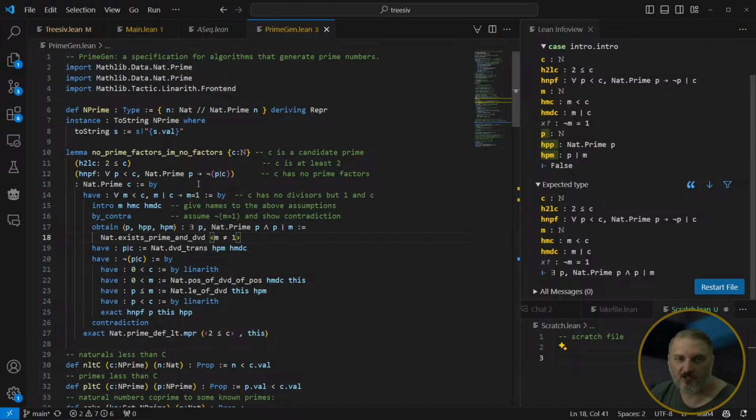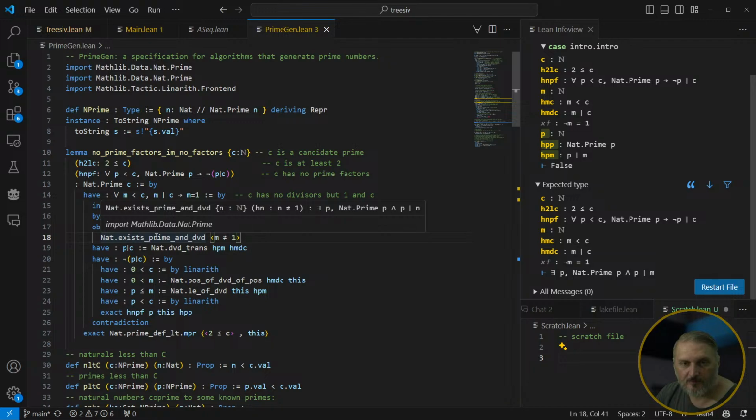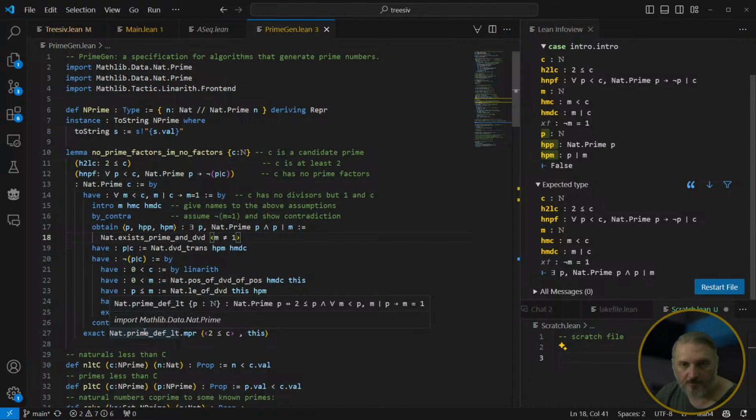so what I proved so far is that no prime factors implies no factors. So no factors at all, because this is a fact in the library, and you see when that pops up. Okay, it says not prime p is equivalent to the conjunction that p is greater than 2,